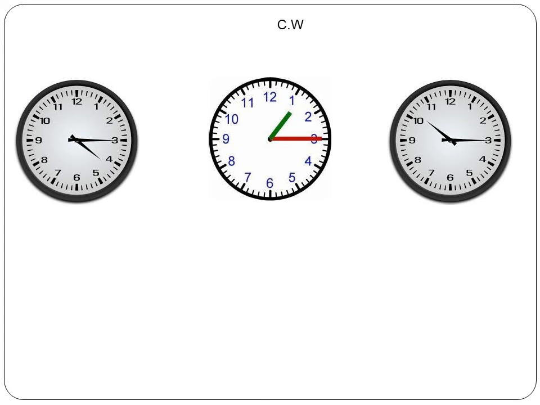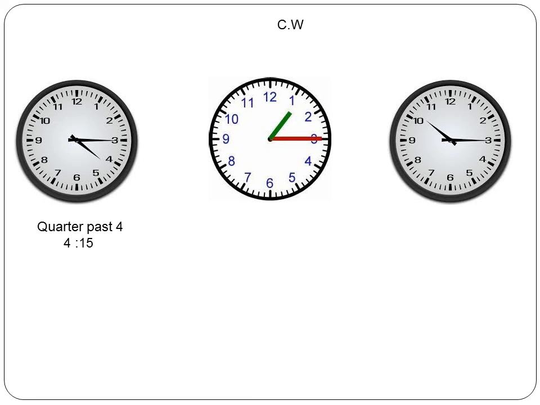Now open your maths classwork, children. You have to draw 3 circles. Take the outline of a bangle or a bowl which is in circle shape. That is, you have to take the outline. First sum, you can see the short hand, hour hand, is a little away from 4 and the long hand, minute hand, is pointing towards 3. Now tell me, what is the time? Yeah, it is quarter past 4.